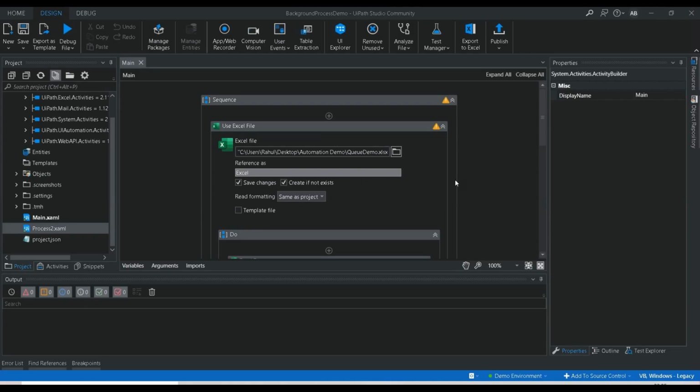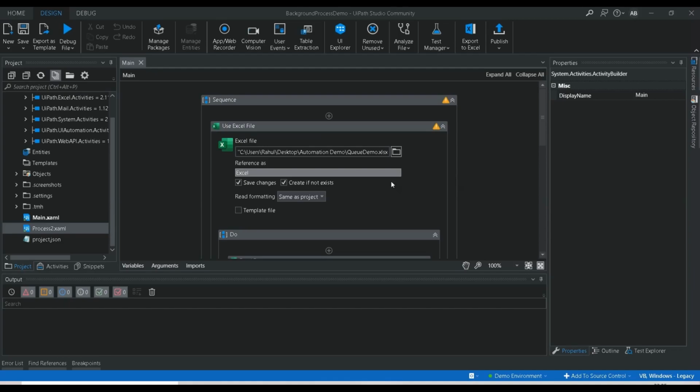Also, I have shown you that if you're going for multiple background process execution, you can execute one foreground process with the same robot simultaneously, right? So today what I'm going to show you is how we convert a part of your background process to a foreground process, and we'll see what will happen if you're trying to execute two foreground processes at the same time. Okay, so let's move on.